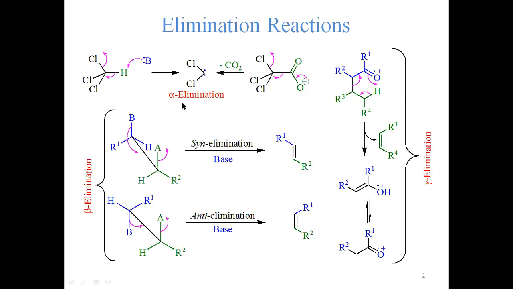So this is called alpha elimination, this is beta elimination, and another is gamma elimination. If two leaving groups, with an electron pair and without an electron pair, are oriented at gamma to each other, let's see here. This is a carbonyl carbon, this carbon is alpha, this is beta, this is gamma. This hydrogen is leaving without an electron pair and this is leaving with an electron pair. All right. So this hydrogen transfers here, the electron pair transfers here. You see in this case, this bond, which I presented in black, is cleaving.